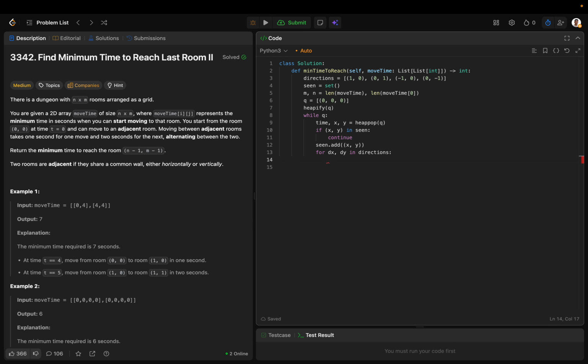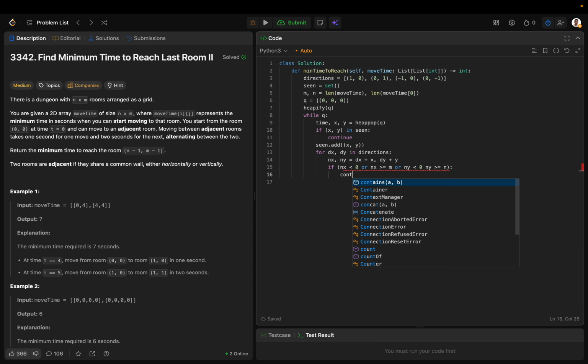And then let's go ahead and explore all 4 directions. We can go up, down, left, or right, right? So the new coordinate is going to be the x change plus the y change. And then if it's out of bounds, then we're just going to continue, right? Otherwise, if it's in bounds,